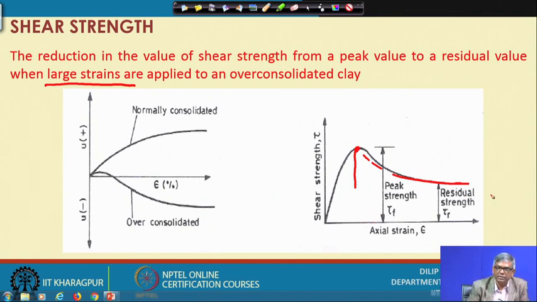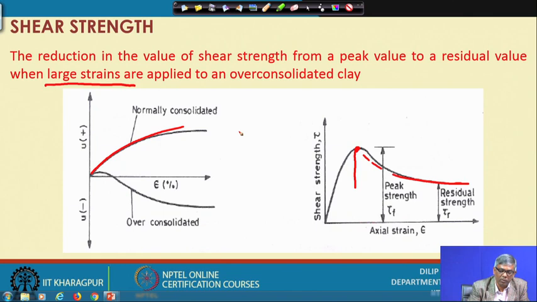And since volume change takes place during shearing, and we have seen that for normally consolidated clay the volume continuously decreases, what will happen when the volume decreases? Pore pressure will be positive. So, that is what happens. If you measure pore pressure for a normally consolidated test during shear, your pore pressure will continuously increase